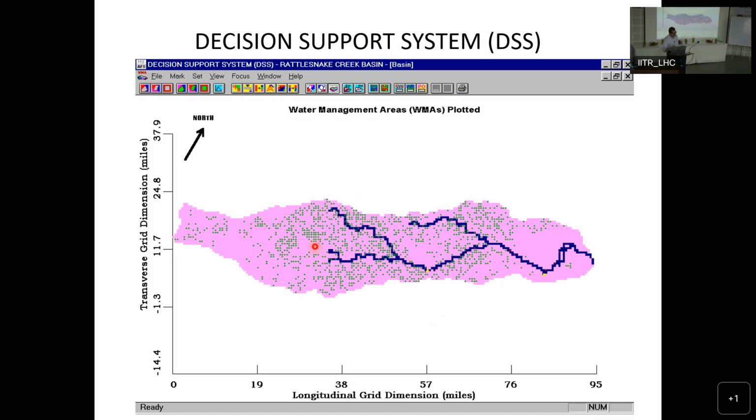Each of the wells has a number, and it has a date when that right was granted. So if I want to say that all the junior rights are terminated, that scenario can be run through the system. But this is the level of detail that was required to manage surface and groundwater in this particular